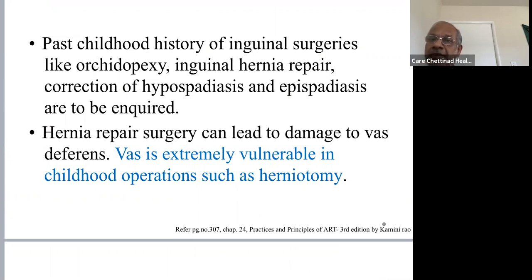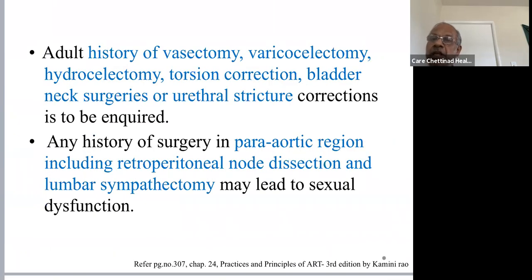And some men have had vasectomy. They may not reveal the information when you're discussing with the wife. So history of vasectomy, varicocelectomy, hydrocelectomy, all may contribute to infertility. And surgery in the para-aortic region, any dissection in the retroperitoneal area may lead to problems in sexual function. It can lead to problems in the parasympathetic, sympathetic nervous system, and these men can have problems both in erection